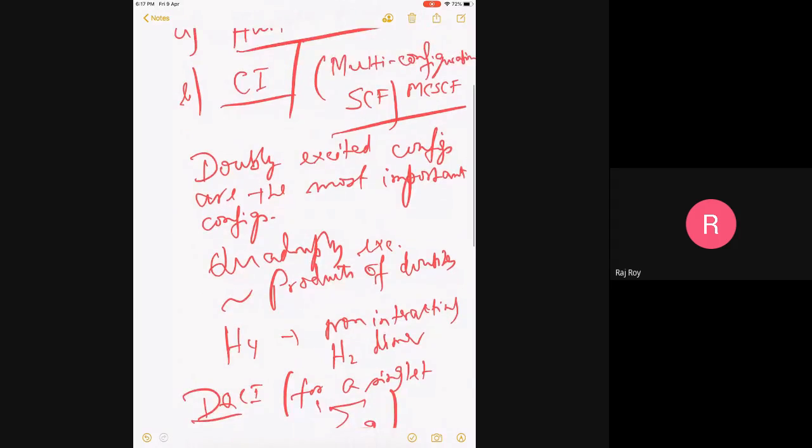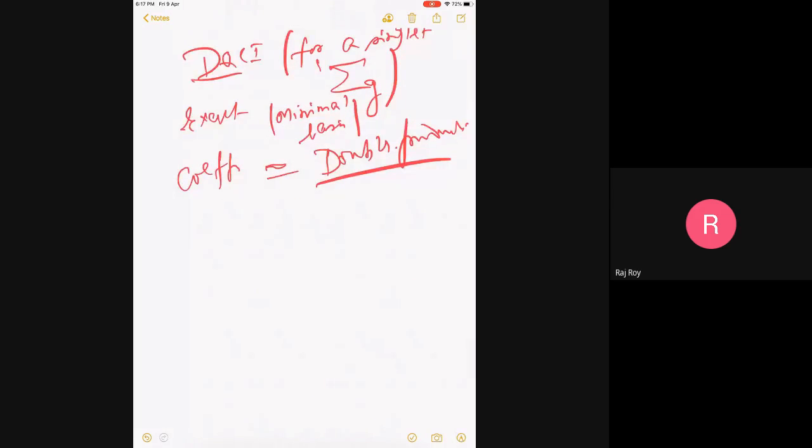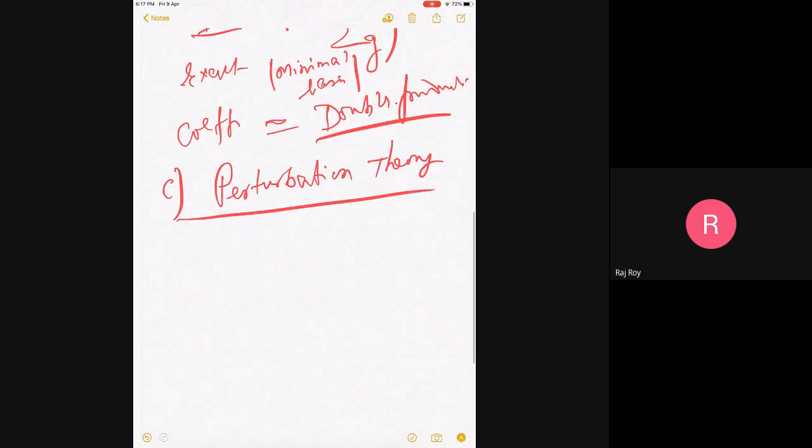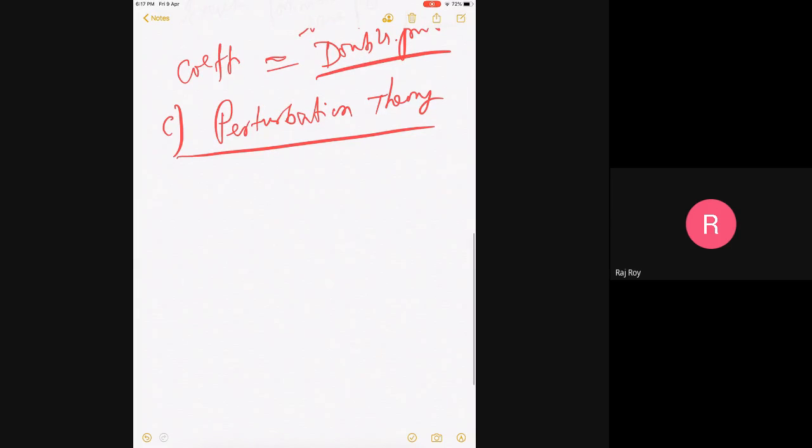And I think when the electron pair approximations will be done or coupled cluster will be done, this is very important. But for today, we are now going to come to the next class of method, which is quite different from the CI, and that will be called the perturbation theory. So I will start today, and probably in the course of the next one or two classes, I will try to complete it. So perturbation theory has been a standard theory for describing many approximate methods, and its origin, of course, is in mathematics,